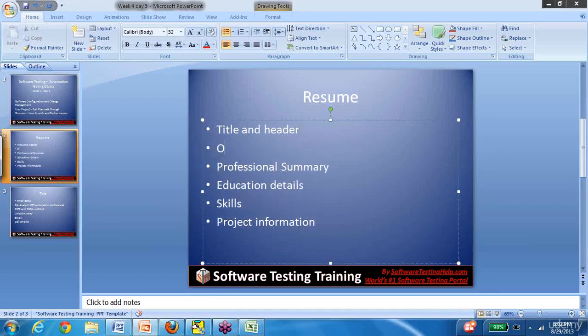In the middle, actually, you can have an objective. This is especially important for candidates who are trying to get into software testing new, because this will give them an opportunity to explain perfectly what their intentions are and how much interest they have in the field. This will be an excellent introduction to the interviewer about yourself.